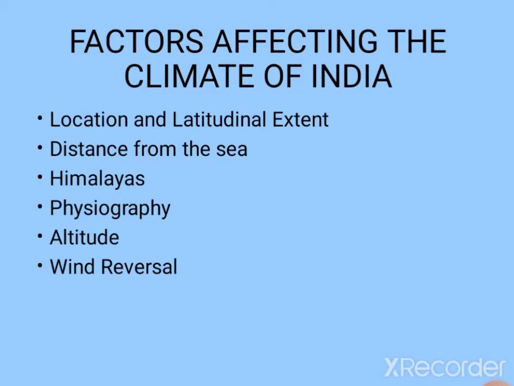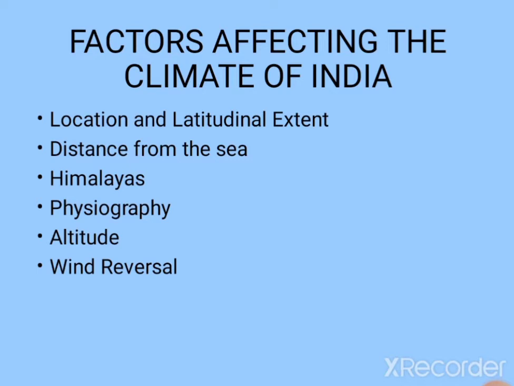Now, these variations are caused due to various factors, and these factors are also known as the climatic controls. The first factor is location and the latitudinal extent. Second factor, distance from the sea. Third factor is the Himalayas. Fourth factor, physiography. Then fifth, altitude. And sixth, wind reversal. Now, firstly, we are going to discuss the first factor, that is the location and